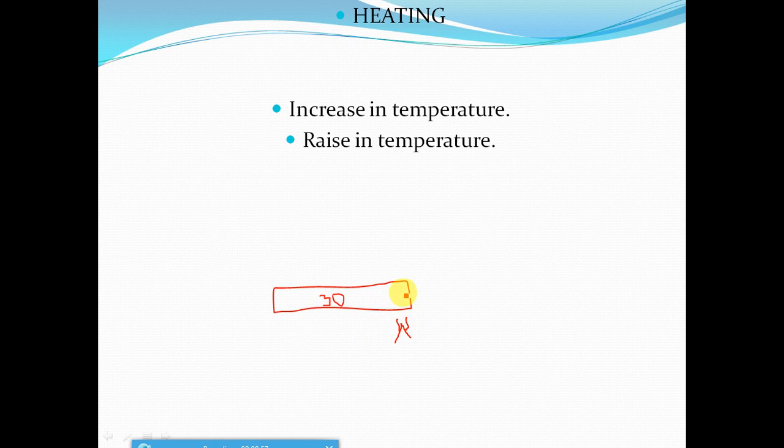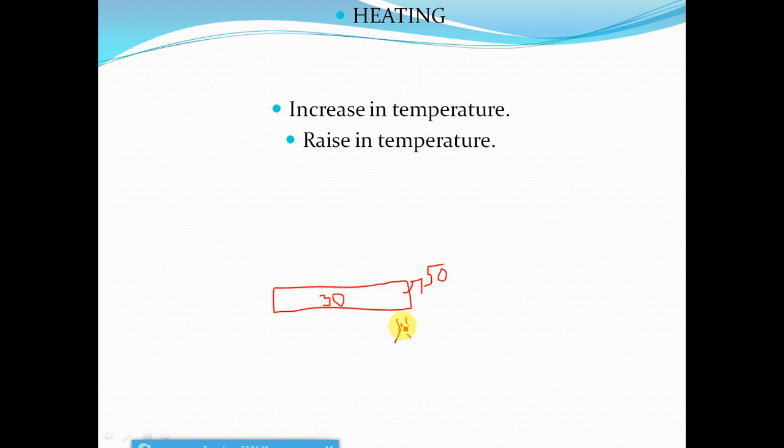After some time we can see that at this point the temperature is around 50 degrees Celsius. This increase in temperature is called heating. Increase or rise in temperature, whether you are using a stove or electric coils, is called